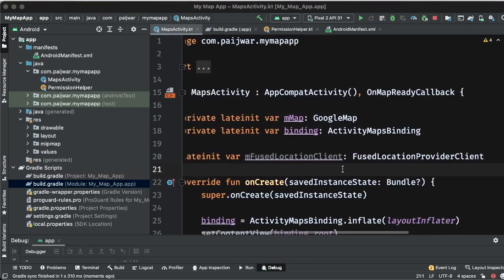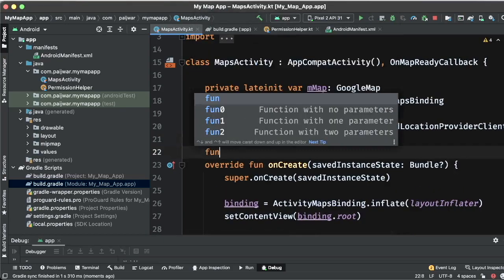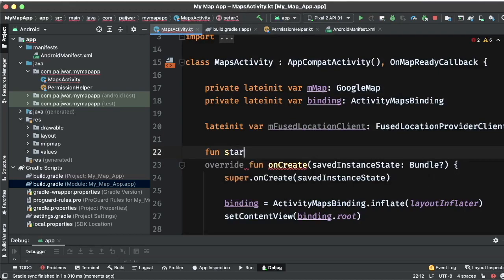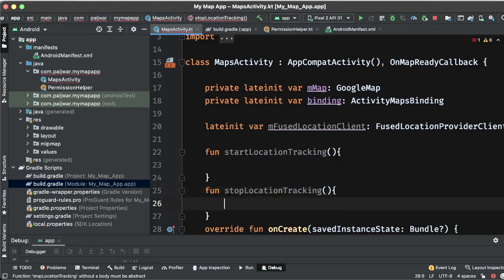Now as this is the location, we'll be setting up two methods here. One is startLocationTracking, and the other one is stopLocationTracking. These are the two methods that we need to write. Before we go and use it, we have to initialize this.